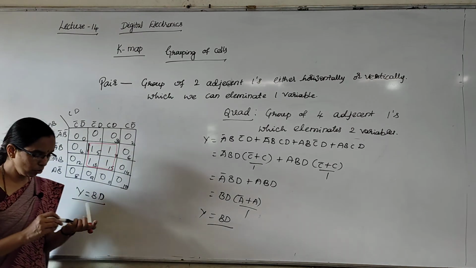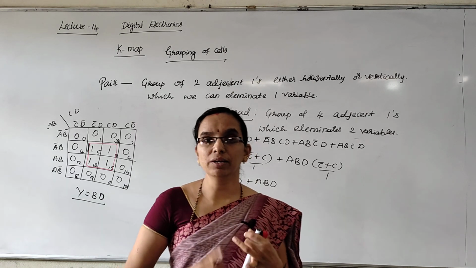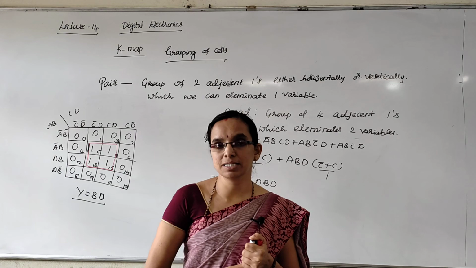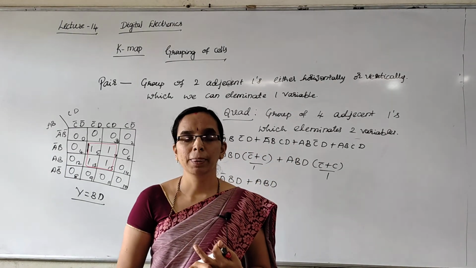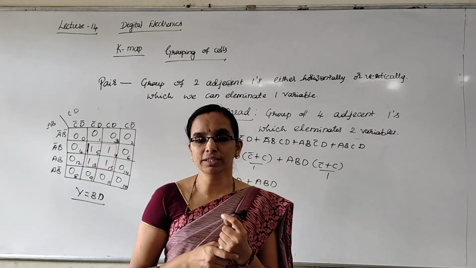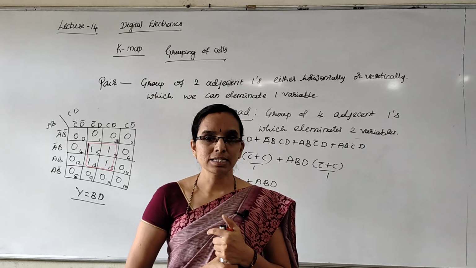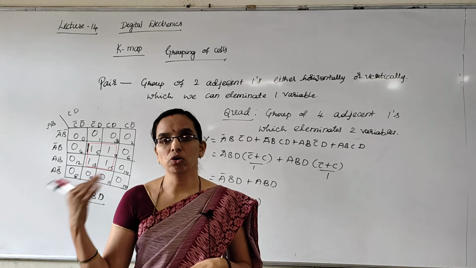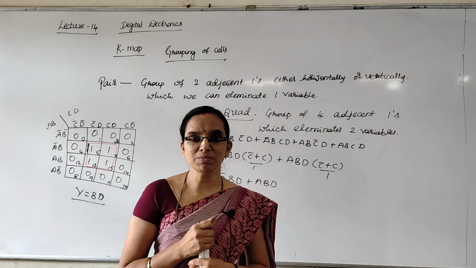So it is easy to plot the ones in the K-map and make a group of it, either pair, quad or octet, and simplify the expression. Now we have learned pair and quad. We will learn some more pairs and quads along with the octet. Let us stop today, and there is no assignment for today. We will continue with the pair, quad and octet in the coming class. Then we will give lots of K-map problems as assignment.